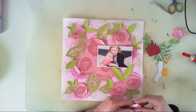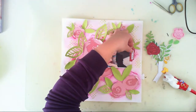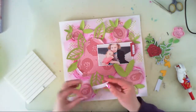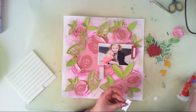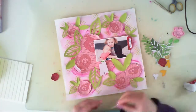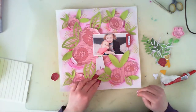And I took this tab from, I think, a text set from the Bright Side collection, and I stamped the date. It is the day when this picture was snapped, and I will also add journaling behind my layout. I don't like when my journaling is visible for everyone. I like to hide it in the pocket or behind the picture, or in cases where I don't have a place to add journaling,